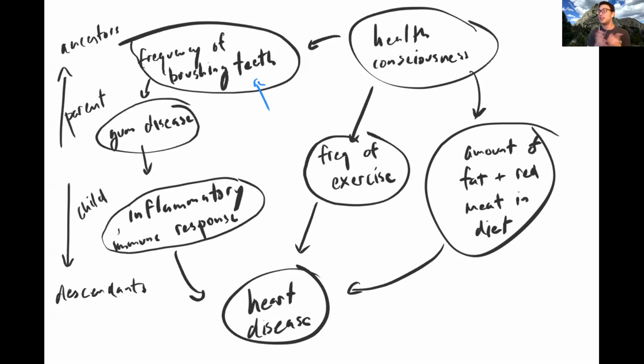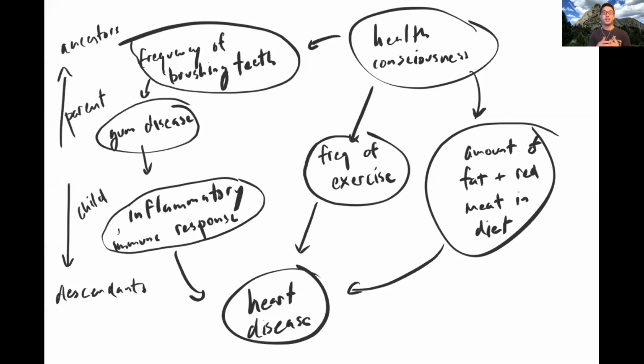And so this might be a simple linear regression where your y is your incidence of heart disease and your x is frequency of brushing your teeth. And had the model been confined to just our initial part, so cutting out all of this, then you are able to make some conclusion about the causal relationship between frequency of brushing your teeth and frequency of heart disease. But that's actually no longer the case once we introduce